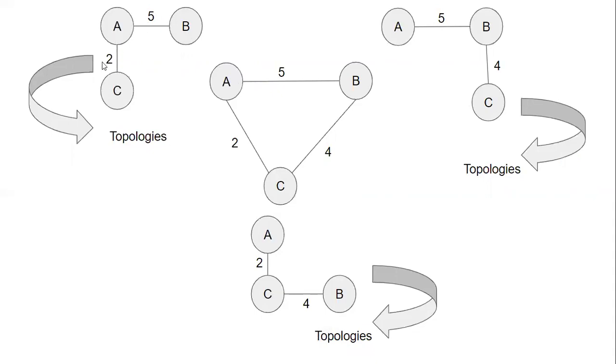It will check the distance and how many neighbors and how many nodes are there. Each and every node will check its router node again. In the same way, B has B to A and B to C, and we need to write the value of B to A as 5 and B to C as 4. Same as C. From C you have two neighbor nodes, one is A and one is B. And you know the value of C to A is 2, or A to C, anything you can call it. And C to B is 4.